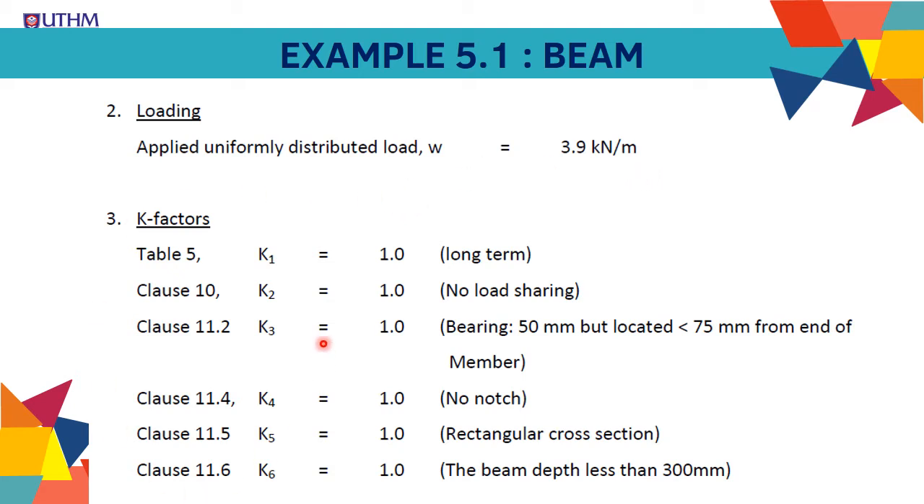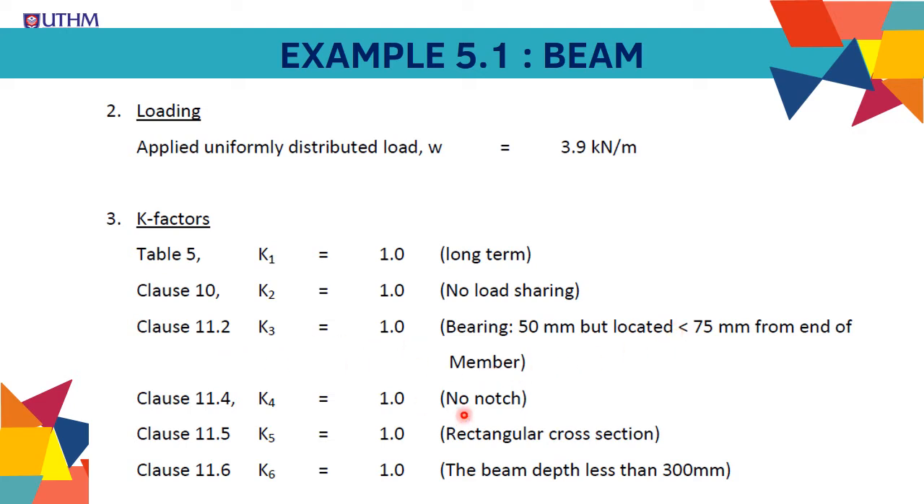Modification factor needed for the checking is table 5, K1. This is for duration of loading. It is long term, so it's equal to 1. For load sharing system, there is no load sharing, so K2 is 1. The bearing is 50 mm but located less than 75 mm from the end of the member, so K3 is